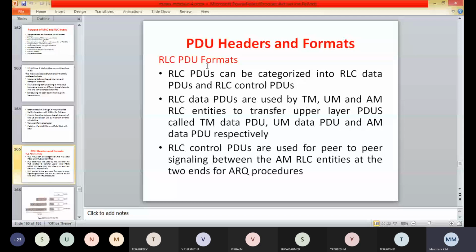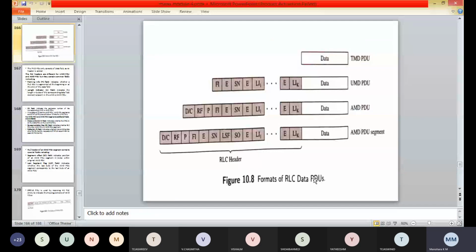The different formats of the RLC PDUs are shown in this figure. The TMD PDU consists of only a data field, and no RLC header is added.